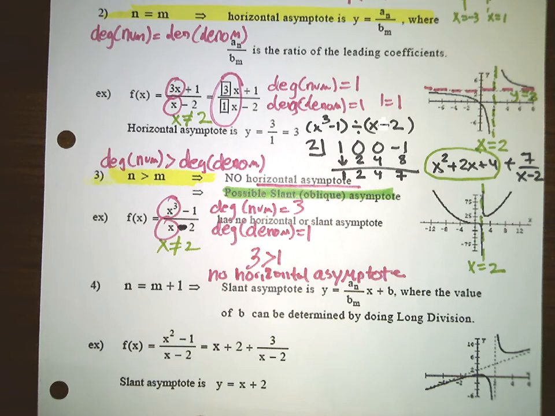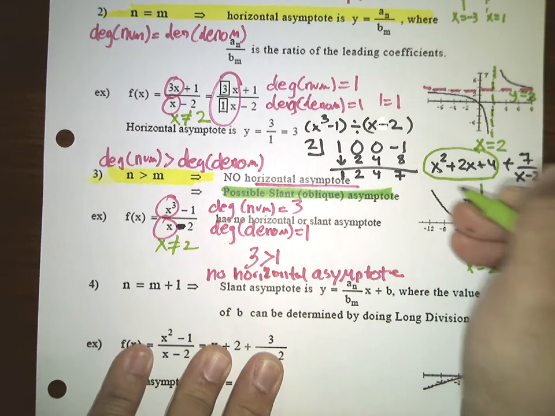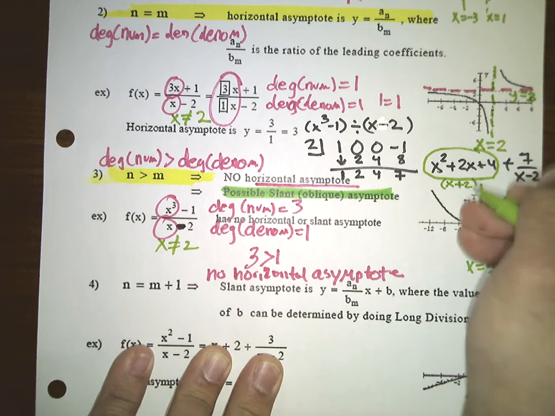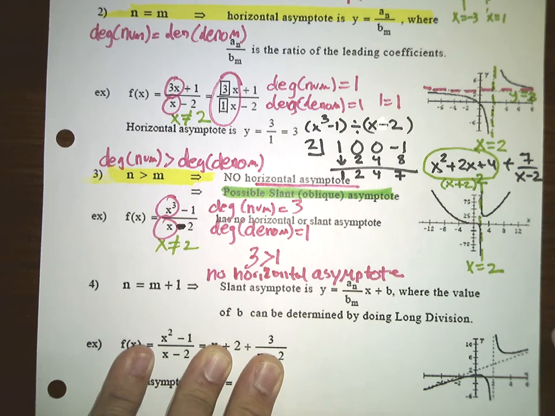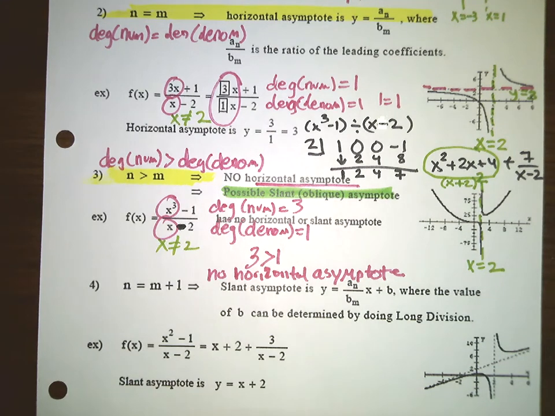All right, so just keep that in mind, but I actually can factor that into x plus 2 all squared, so that is actually the asymptote here. But if I try to graph that just so that everyone is clear on what is going on here. So if I graph x plus 2 squared, well,